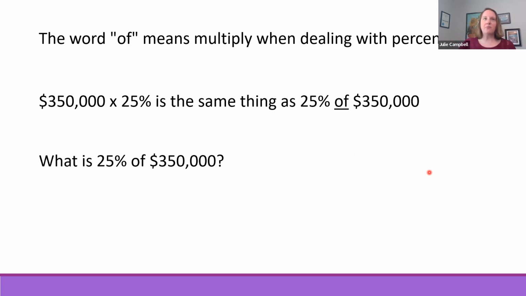Why don't you tell me in a private chat, whip out your brand new calculator. Let's see how this works. Tell me in a private chat, what is 25% of 350,000? And while you're doing that,